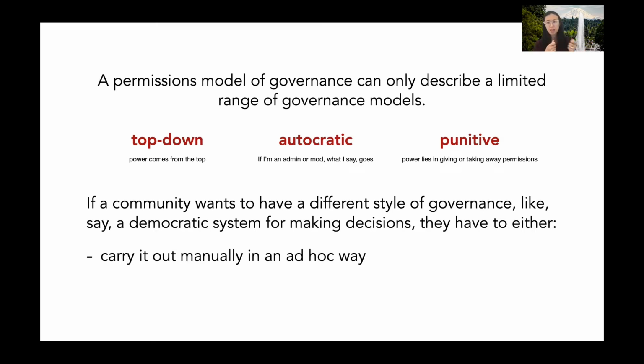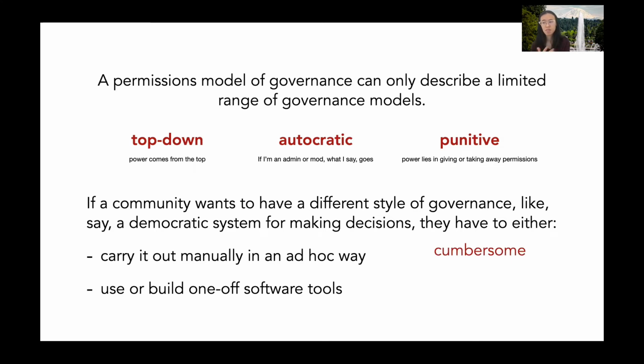But then you would go and manually change out who are the mods, or the admin would do that. You could use or build one-off software for automating some of these things. So maybe you create a bot that can add simple polling to a platform. But overall, doing either of these two things is cumbersome and very error-prone, particularly for the manual approach.